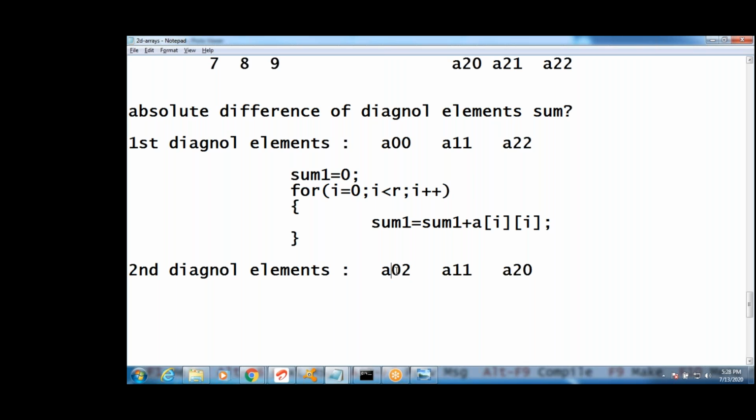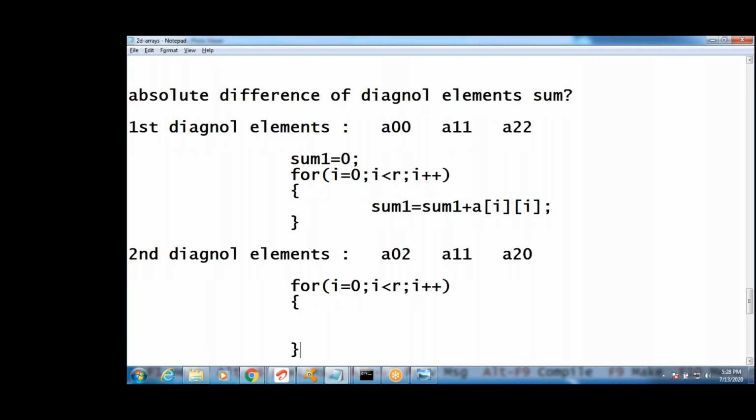See this. For, write both two ways, guys. i is 0, i less than rows, i plus plus. Same, two loops are required. j equals, what do I have to write, guys? For j equals 0, j less than columns, j plus plus. Yeah, can I write the second diagonal? How to get the second diagonal? If i plus j equals to, what is i plus j?